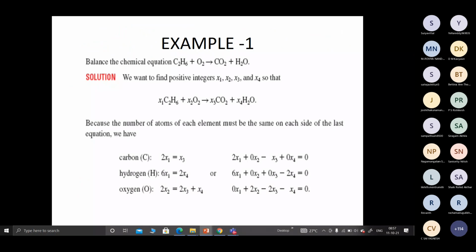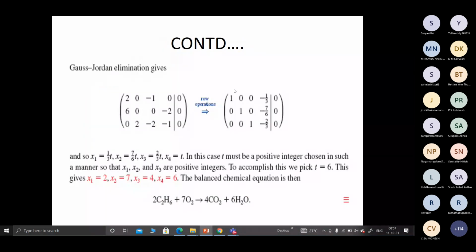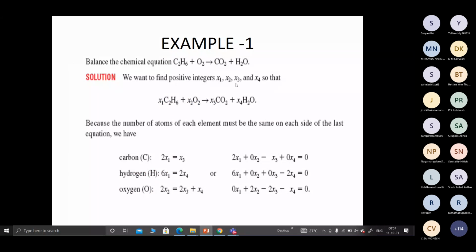Shall we look at some applications? This is a chemistry example, chemistry people will better understand this. What is this equation? It should be balanced. Balancing should be done. How many elements are there? So many variables are chosen. How many terms are there? We have to balance the numbers here in such a way that the carbon, hydrogen, oxygen on either side remain the same.